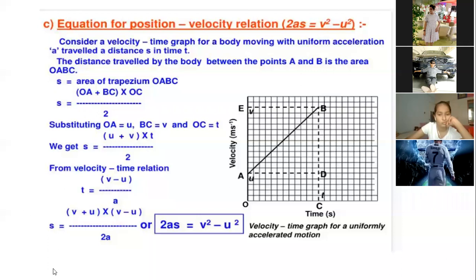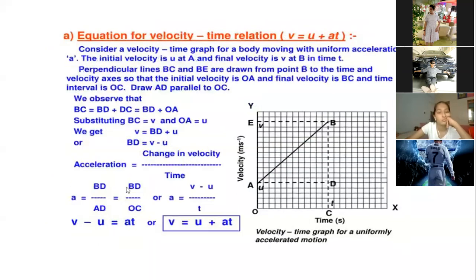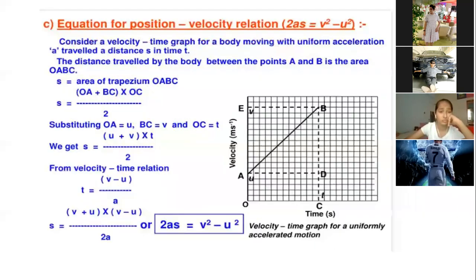So we have found s is equal to u plus v into t by 2. From the velocity time relation you have already found this. If you just remember this equation in your first equation of motion, I'm speaking about this equation, you have just taken t to this side: t is equal to v minus u by a. Just interchange the values. Why have you taken this t? Because you have to substitute it here. You don't want any t value remaining now. And all of you know the area of the trapezium is a.